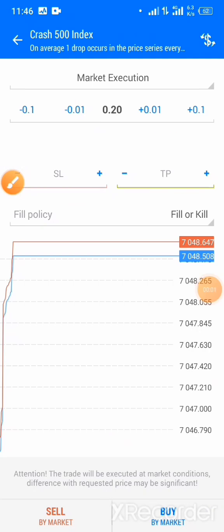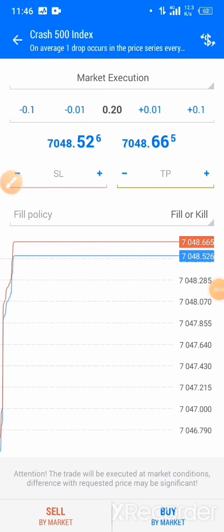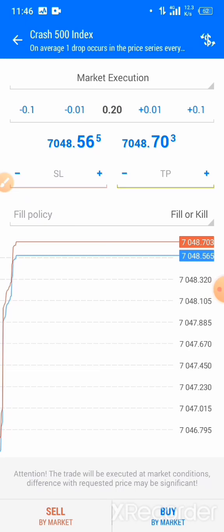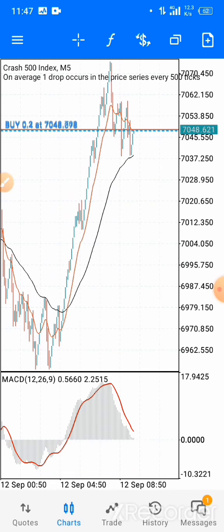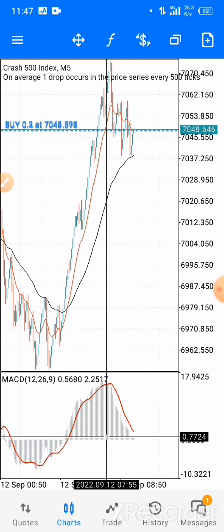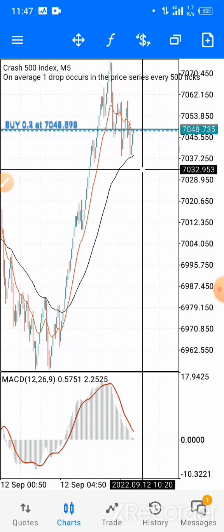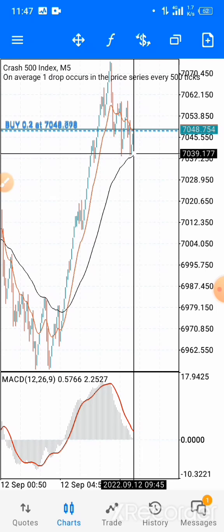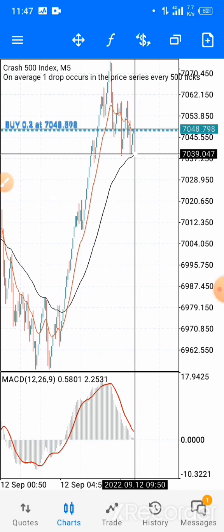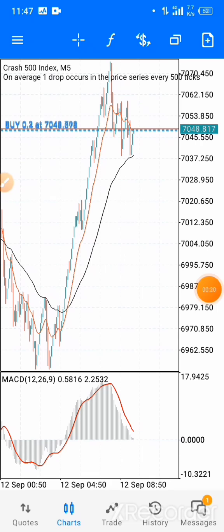Guys, I'm now entering my buy trades. Why? Because, let me show you, the MACD histogram is above the zero level, and my candlesticks came to the black EMA. I entered this signal late, but I know that we're going to get some massive pips